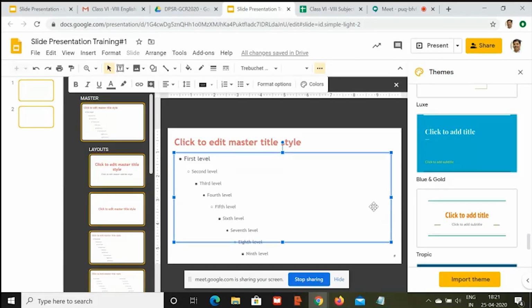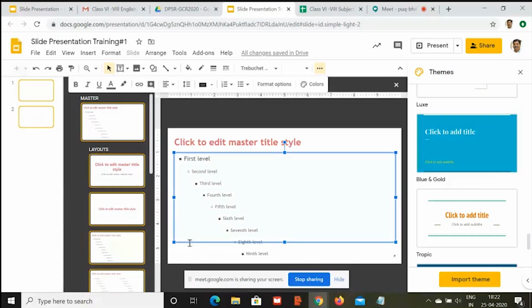You must have noticed when we are using these slide presentations in Meet, the lower portion of the slide is covered with our share button. So either you click on hide and you show it, or you just simply make your content above this area, right?